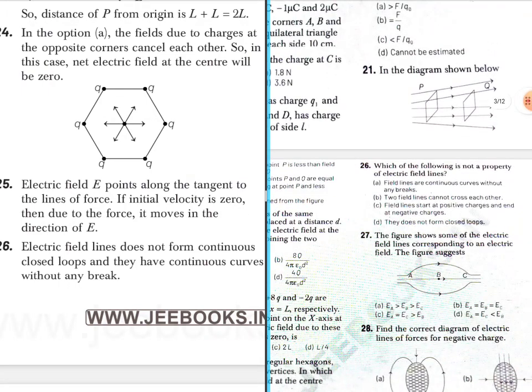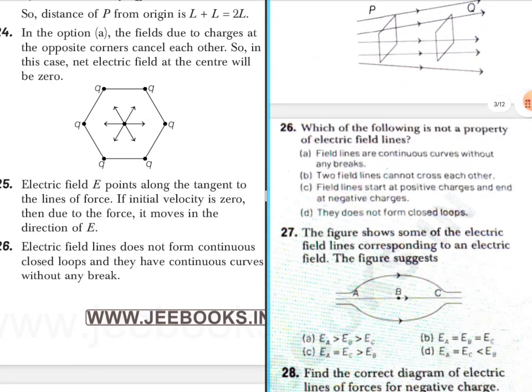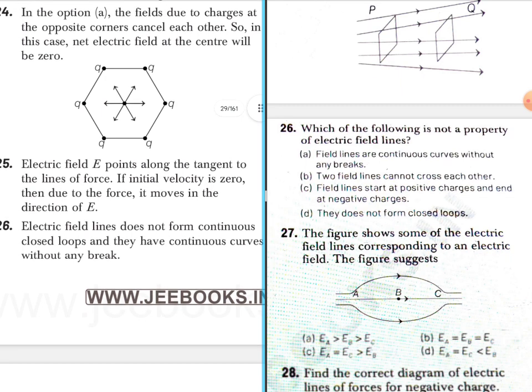26th question. Which of the following is not a property of electric field line? Electric field line does